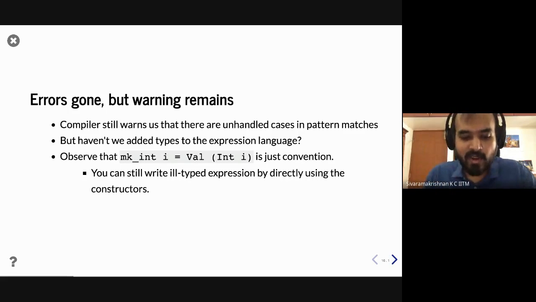And we've been looking at it for so long, right? Where are we heading? So the problem is this, right? The compiler still tells us that there are unhandled patterns in pattern matches. That is what we saw earlier. The problem is that